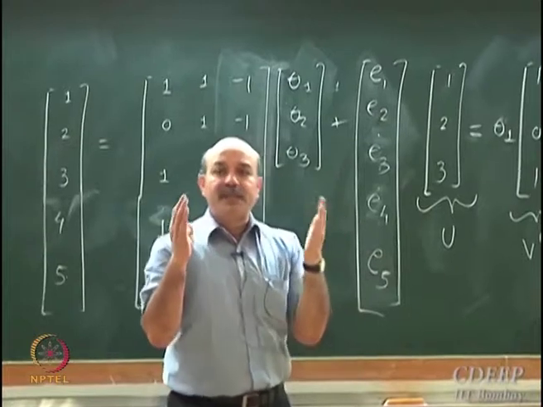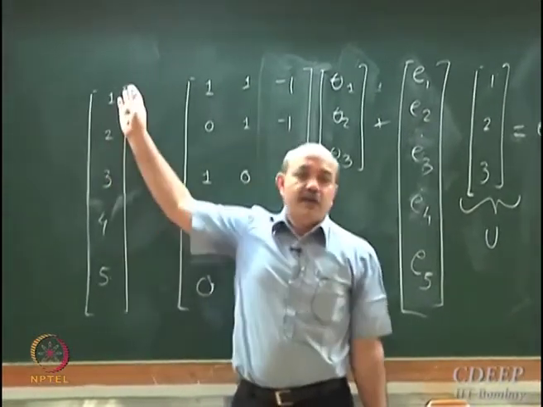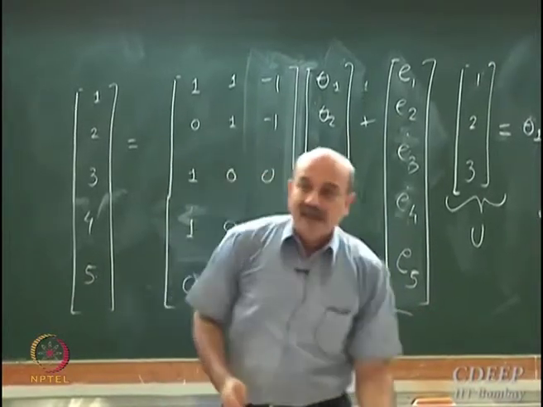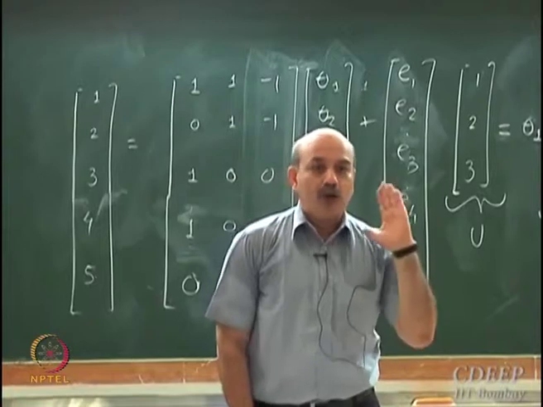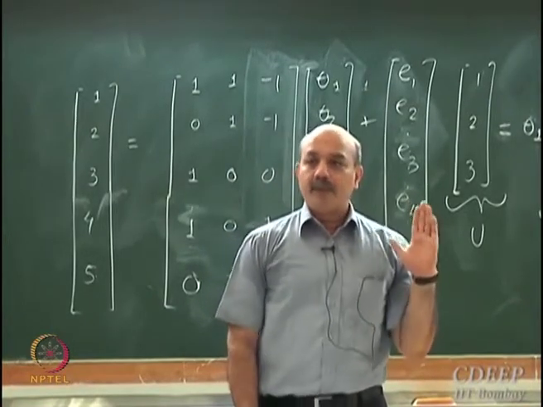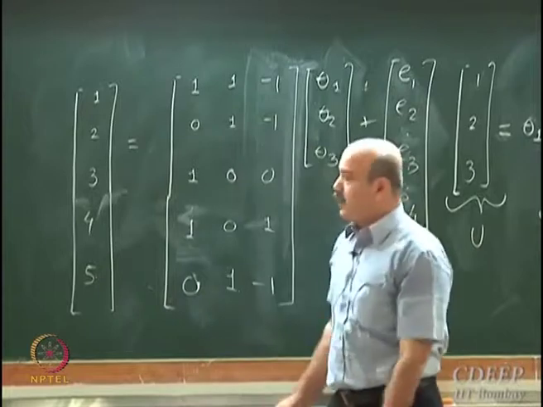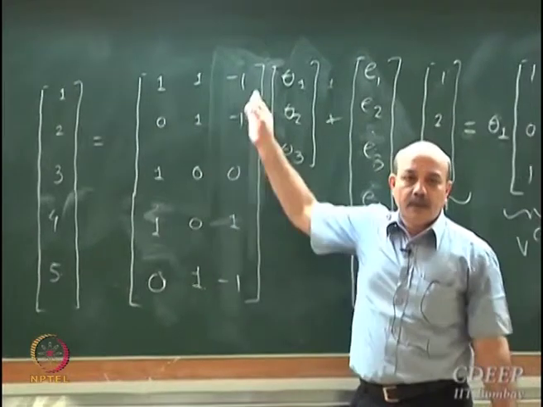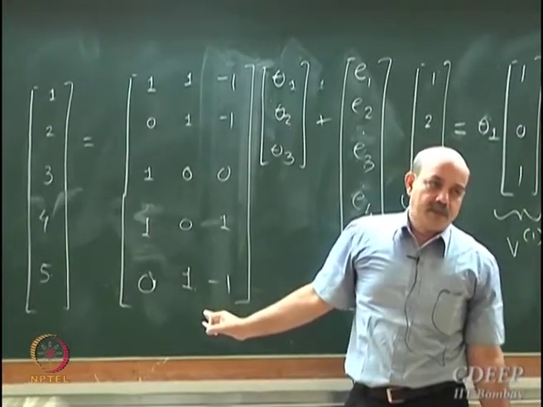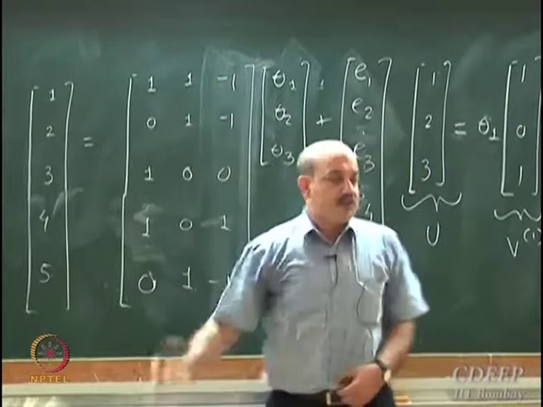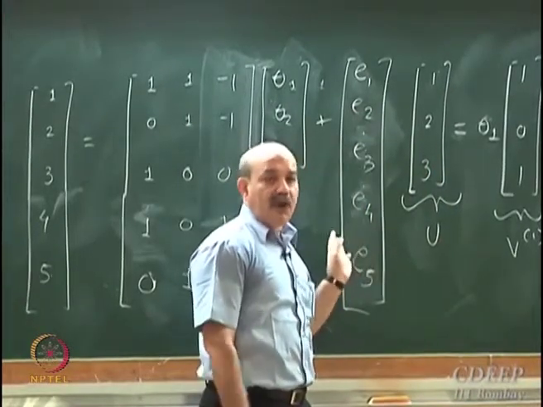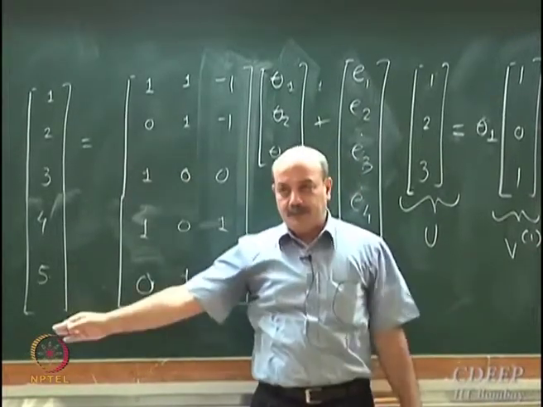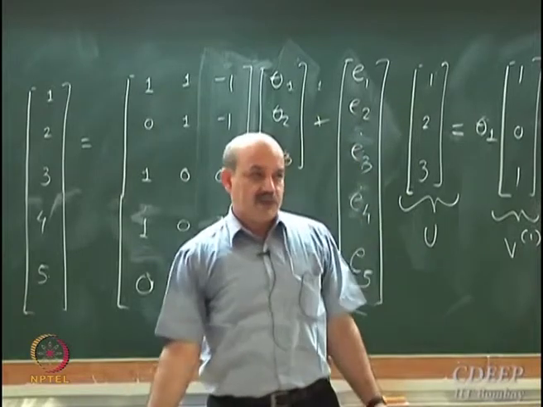Geometrically speaking, we are able to split a vector into two components, one lying in the subspace and one orthogonal to the subspace. We are able to split the vector through least square. What is the subspace? The subspace is spanned by linear combinations of columns. Linear combination of columns will give me the subspace. This E1, E2 to E5 will give me the component which is outside the subspace. Together they form this whole vector.